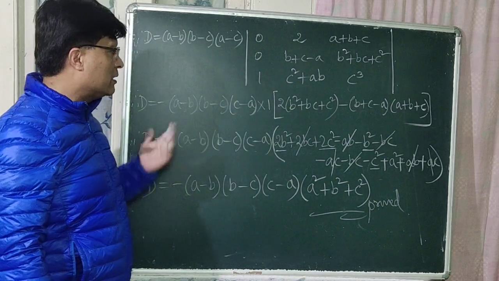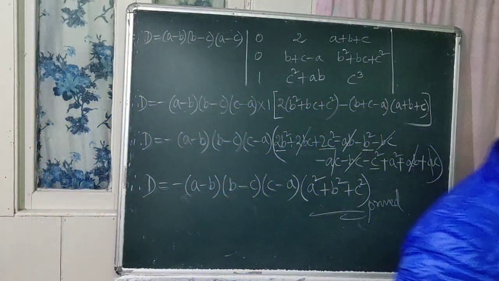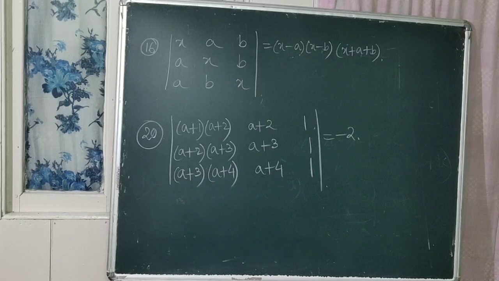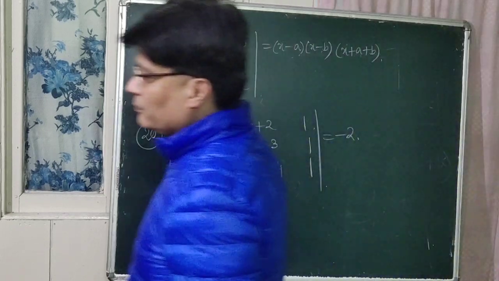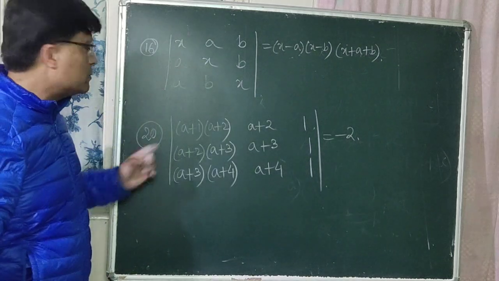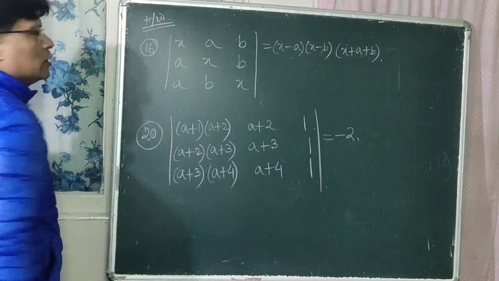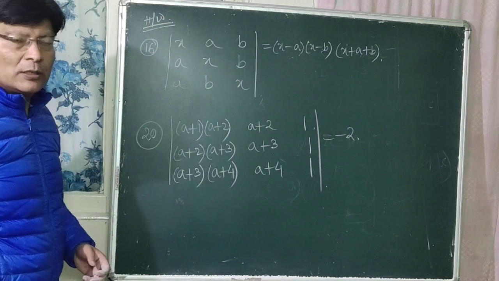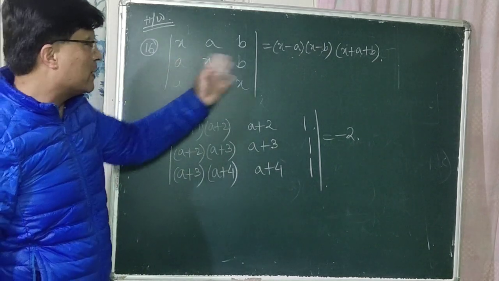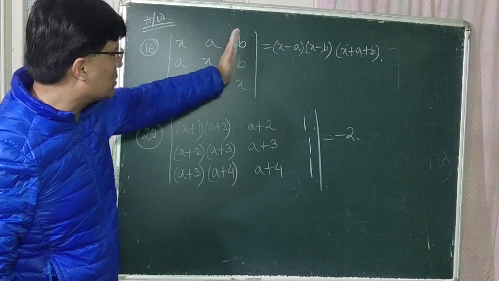Okay, I'll give you the homework now. So now, these two problems are your homework, right? You can do it at home. So you can do number 16 and number 20. These two are your homework, right? So I think you can do this problem. Yes, okay, so R1 dash is not R1 dash, C1 dash is equal to C1 plus C2 plus C3 गरेर